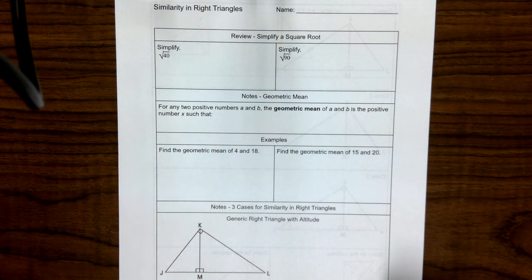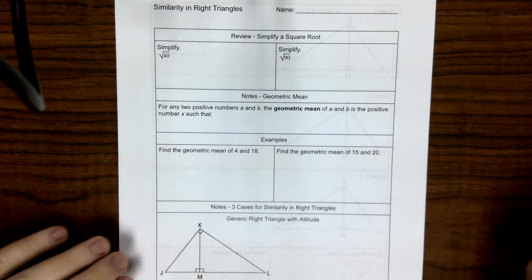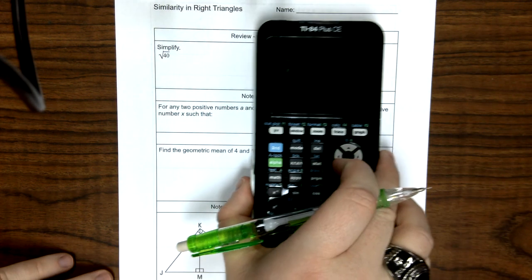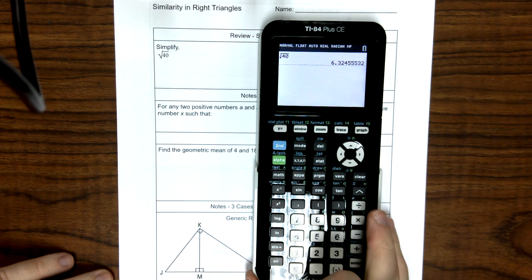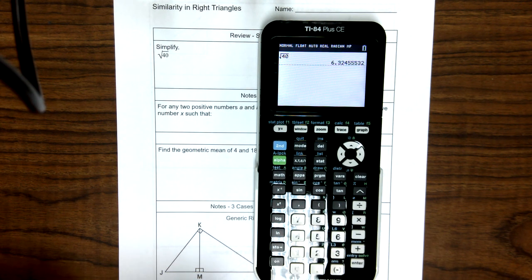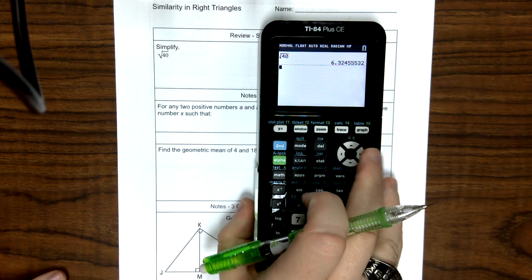Okay, so before we even get into the new stuff, I wanted to take a minute or two to review what it means to simplify a square root, because that's going to come up quite a bit today. The reason we have to know how to do this is because when you take the square root of a number, like for instance the square root of 40, you get some big nasty decimal. Well, I don't want to do that. So we have to simplify the square root and leave it in simplest radical form, because this answer is not pretty. I want to leave the square root answer in there. So what we do,